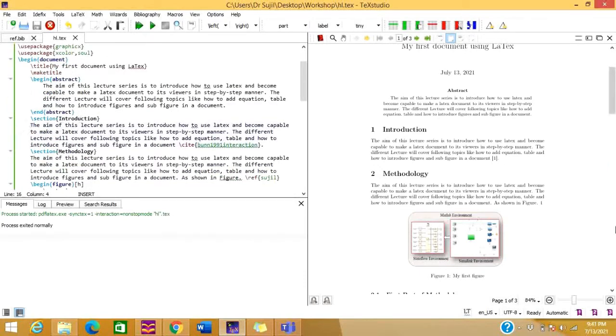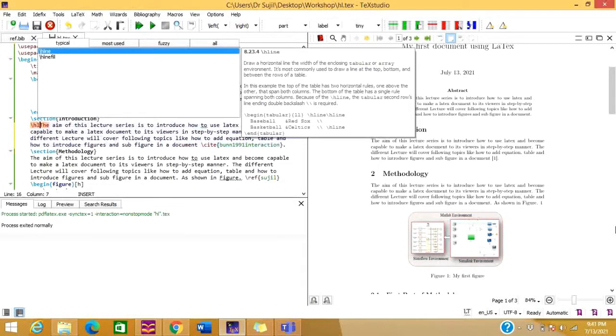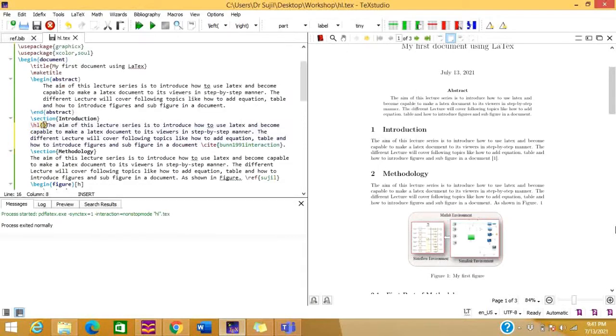Now let us highlight this portion with \hl, then we can have one bracket here and close this bracket here. Let us run this and see what is going to appear in this PDF document.